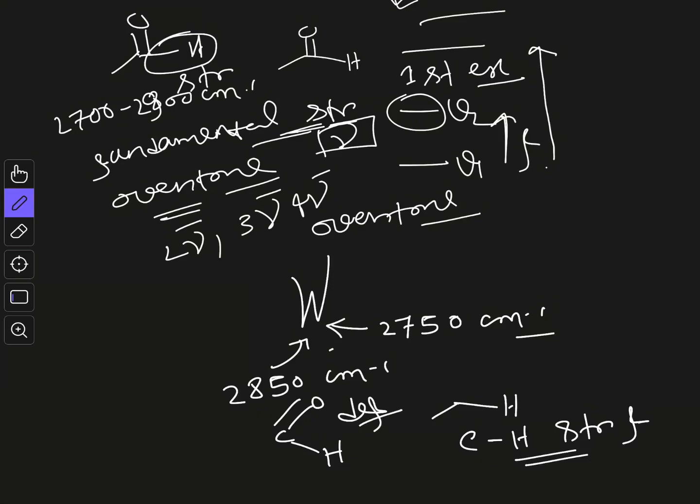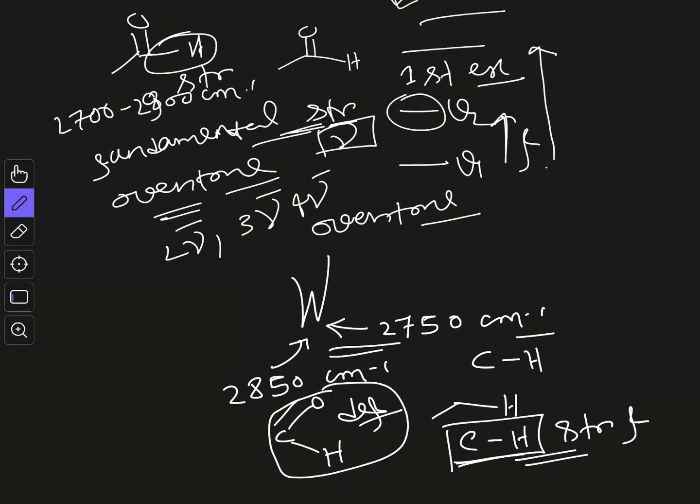But what is this Fermi resonance? The Fermi resonance is between the stretching of the CH bond and the first overtone of this CHO deformation. Okay, so this is the Fermi resonance here. This CHO deformation, in short we write CH def. So the first overtone of this CH def and the fundamental of CH stretching, they couple to give you two peaks at around 2750 and 2850. So this is due to Fermi resonance, and this is a very characteristic peak for aldehyde.